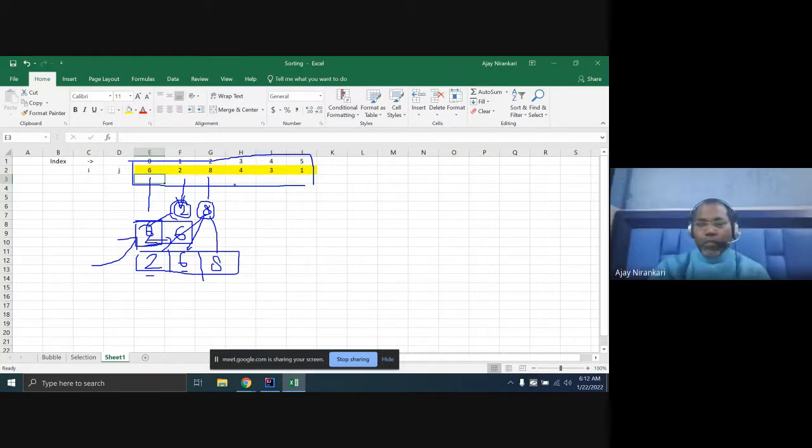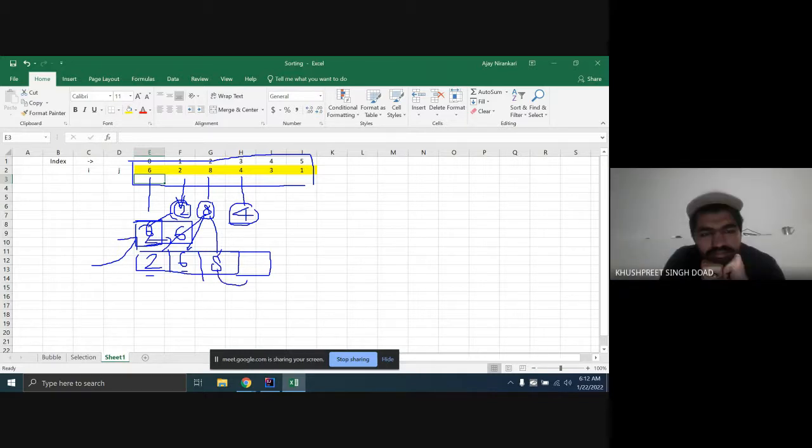Now you pick another element, four. You have to think about where four is going to be inserted. We have another space now. Four is less than eight, so you can shift this eight to here.